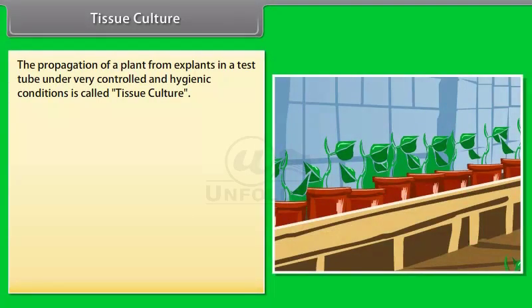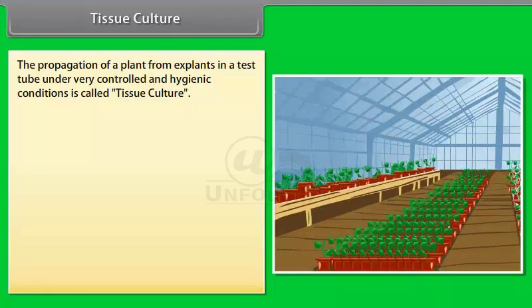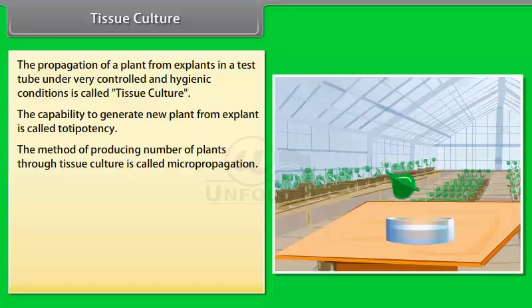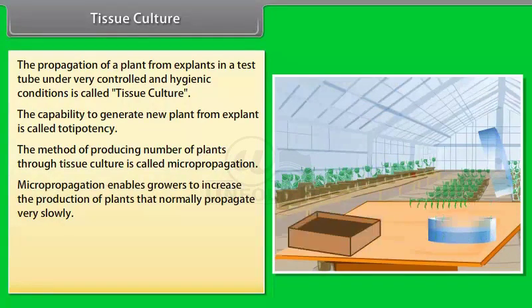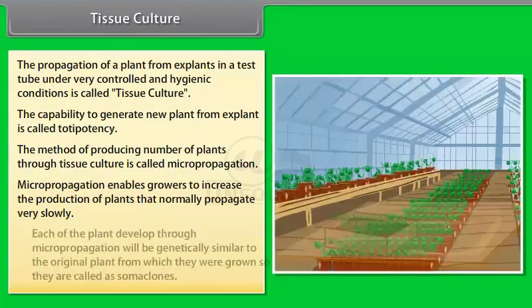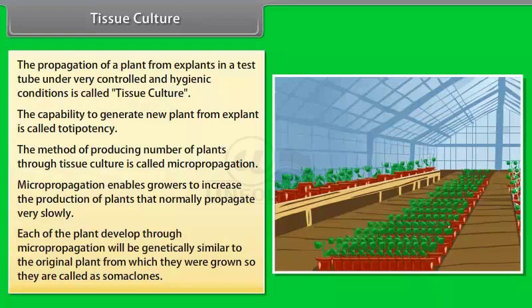Tissue culture: the propagation of a plant from explants in a test tube under very controlled and hygienic conditions is called tissue culture. The capability to generate a new plant from an explant is called totipotency. This method of producing a number of plants through tissue culture is called micropropagation. Micropropagation enables growers to increase the production of plants that normally propagate very slowly. Each of the plants developed through micropropagation will be genetically similar to the original plant from which they were grown, so they are called